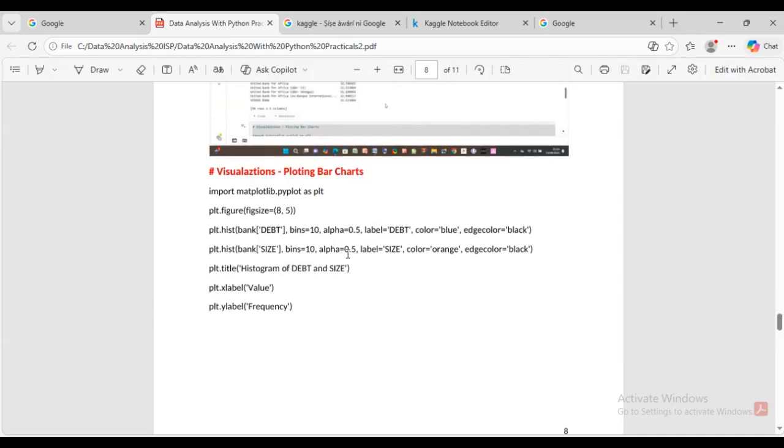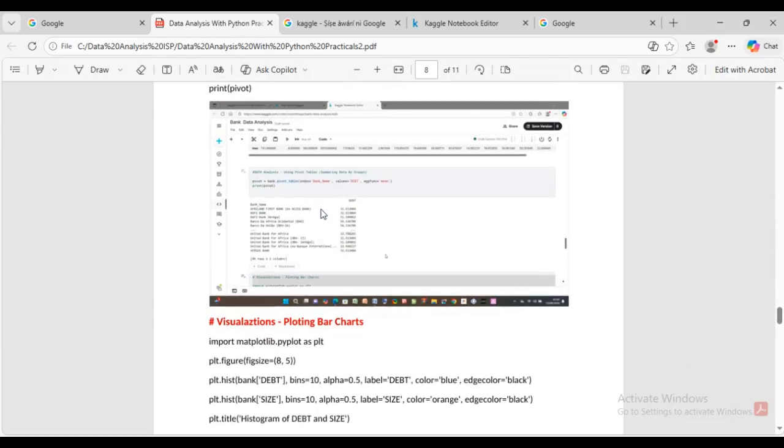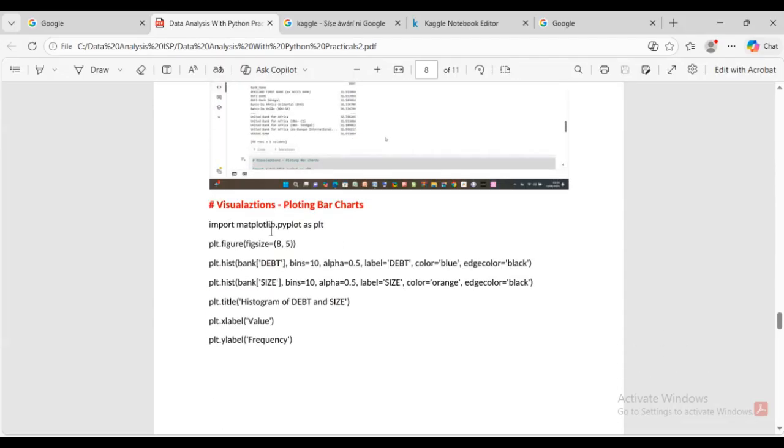Now, after you have done your data analysis, you can do your visualization, which is the last step. To plot a graph, let me briefly explain this code. You import the library, matplotlib. When we were loading the file, we used pandas, so we had to import pandas. But now the library for plotting graphs is called